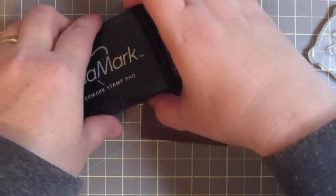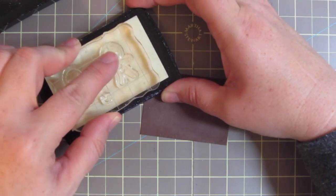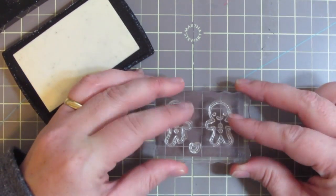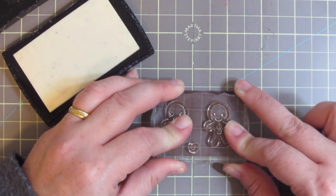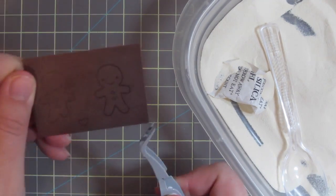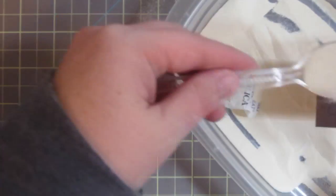and I'm not going to be doing any coloring, if you can believe it. I know, that seems crazy because I do color on like 99% of my cards, but today I thought I would do something quick and easy with just a little bit of embossing and stamping with some different colored inks. So to begin, I'm going to stamp these little gingerbread men on a piece of hot cocoa cardstock